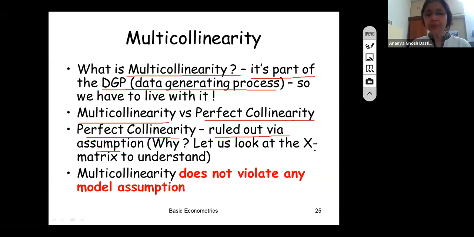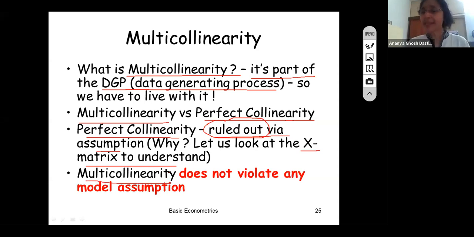We will shortly look at something called an X matrix to understand why we have to rule out perfect collinearity. Having distinguished between multicollinearity, which is correlation but not perfect correlation, and perfect collinearity, which is correlation of 1 or -1, let us see that while perfect collinearity is a huge problem, so much so that it has to be ruled out by assumption,